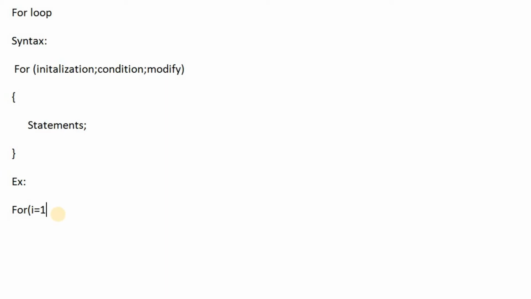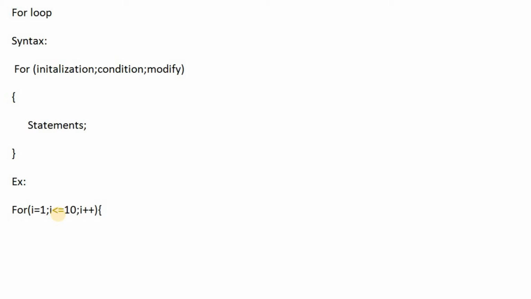The condition is i is less than or equal to 10. Modify: suppose i plus plus, increment or decrement.